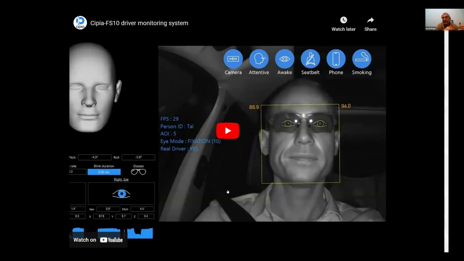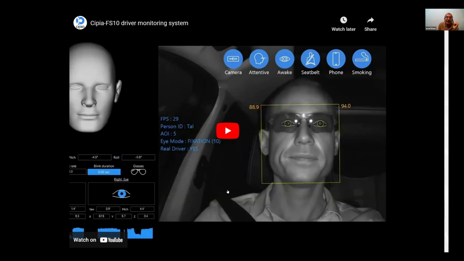And by the way, we are certified as a safe infrared illumination, which is important, of course. So we are capable of giving our full functions with drivers that wear sunglasses. And also, when you are wearing a medical mask, COVID-19 days, we are capable of doing all the features except, of course, facial recognition. Now, if you look here at the pictures that come from our technician monitoring system,